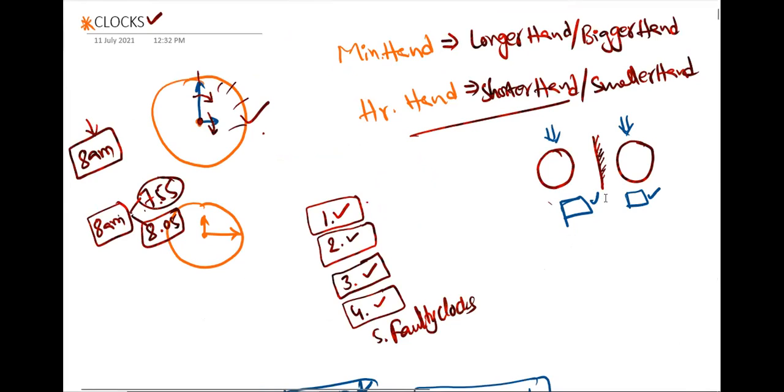Okay. What are the other names of the minute hand and the hour hand? The minute hand is also called the longer hand or bigger hand. The hour hand is also called the short hand, shorter hand, or smaller hand. Okay. Next,